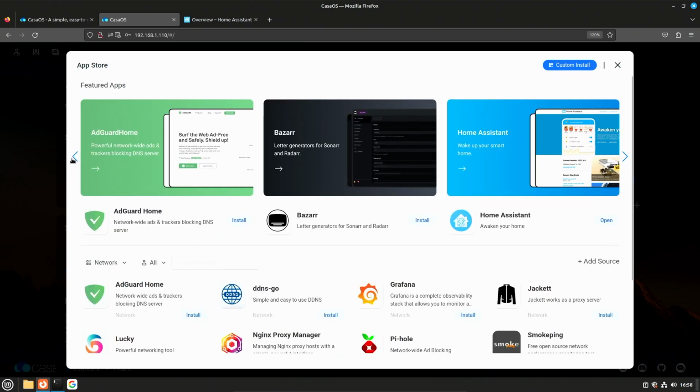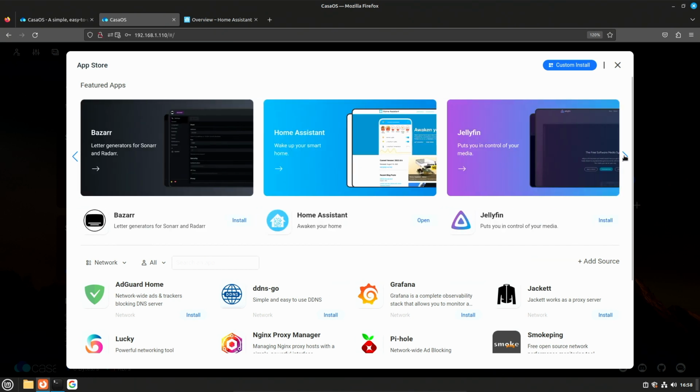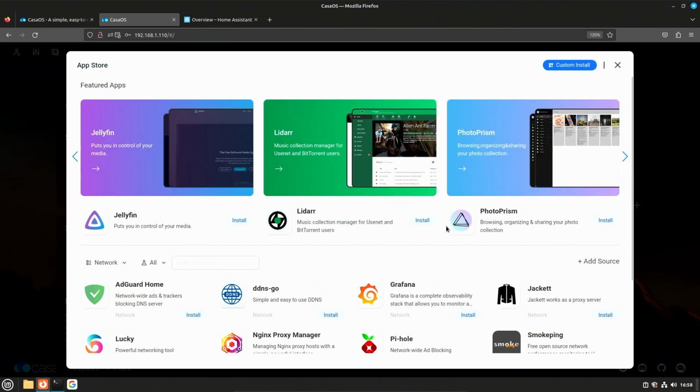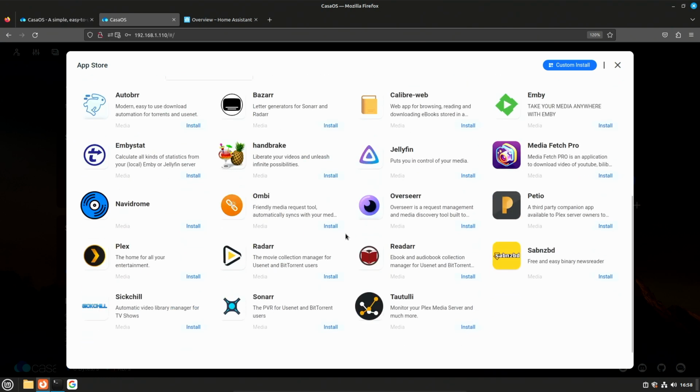Had a music collection thing come by a second ago under featured apps. Where'd it go? Right here. We have organizing your photo collection. So, there are different options, right? We could do that. Let's look under media here. We can see, for example, what they have. And as you can see, they have a decent number of different media utilities on the system. They have a bunch of different ones, actually.